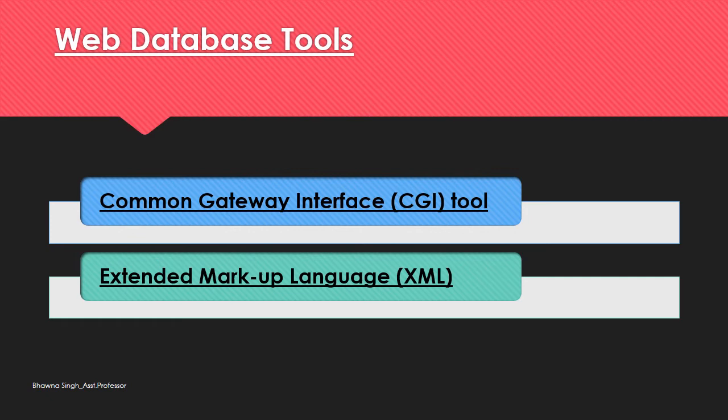See, this web database works on the principle of client server architecture. You can see what happens. Suppose you want to search any information on the website or any information on the world wide web. So what you do, you send a request with the help of a web browser, and this web browser forwards the request to the web servers. So basically this request, where you are entering some URL in the address bar of the web browser, is the HTTP request that you are sending.